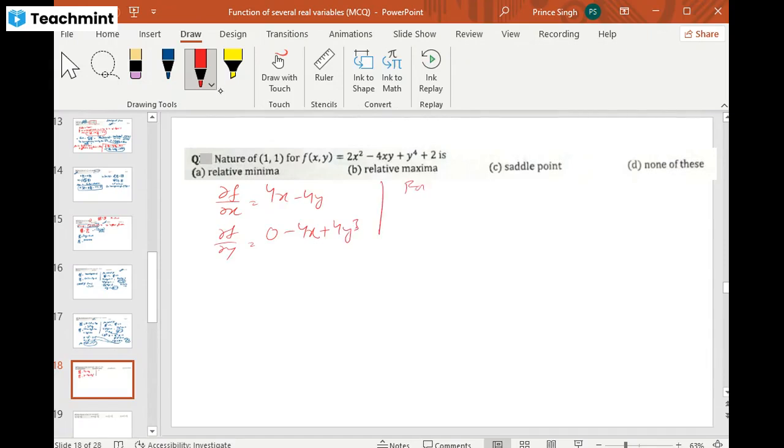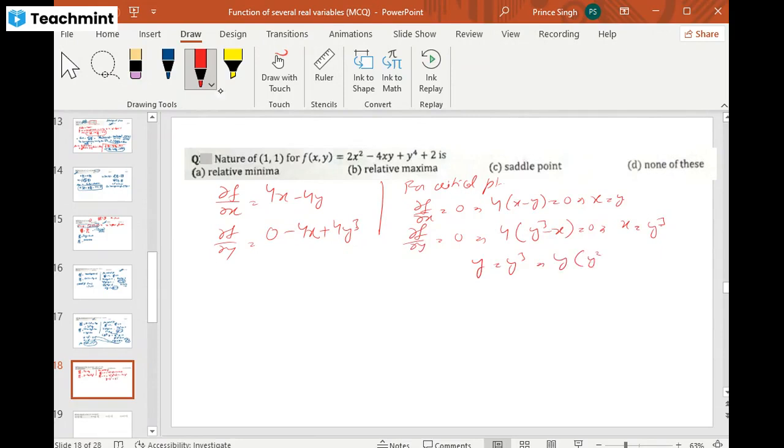Okay, so for critical point, the condition is ∂f/∂x equal to 0, means 4x minus y equal to 0, means x equal to y, and ∂f/∂y equal to 0 means 4y cube minus x equal to 0, means x equal to y cube. So if we solve them, we get y equal to y cube. So it means that y(y square minus 1) equal to 0,